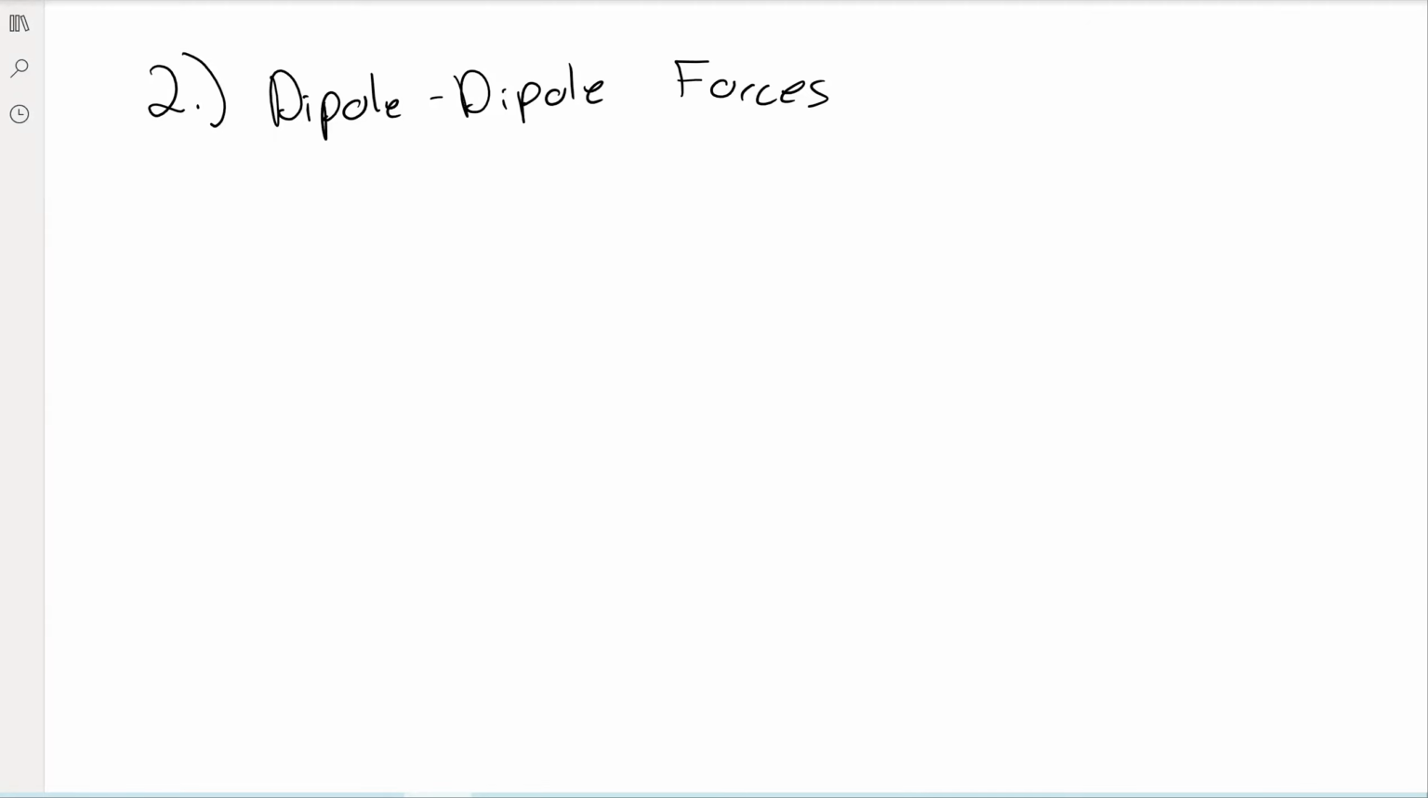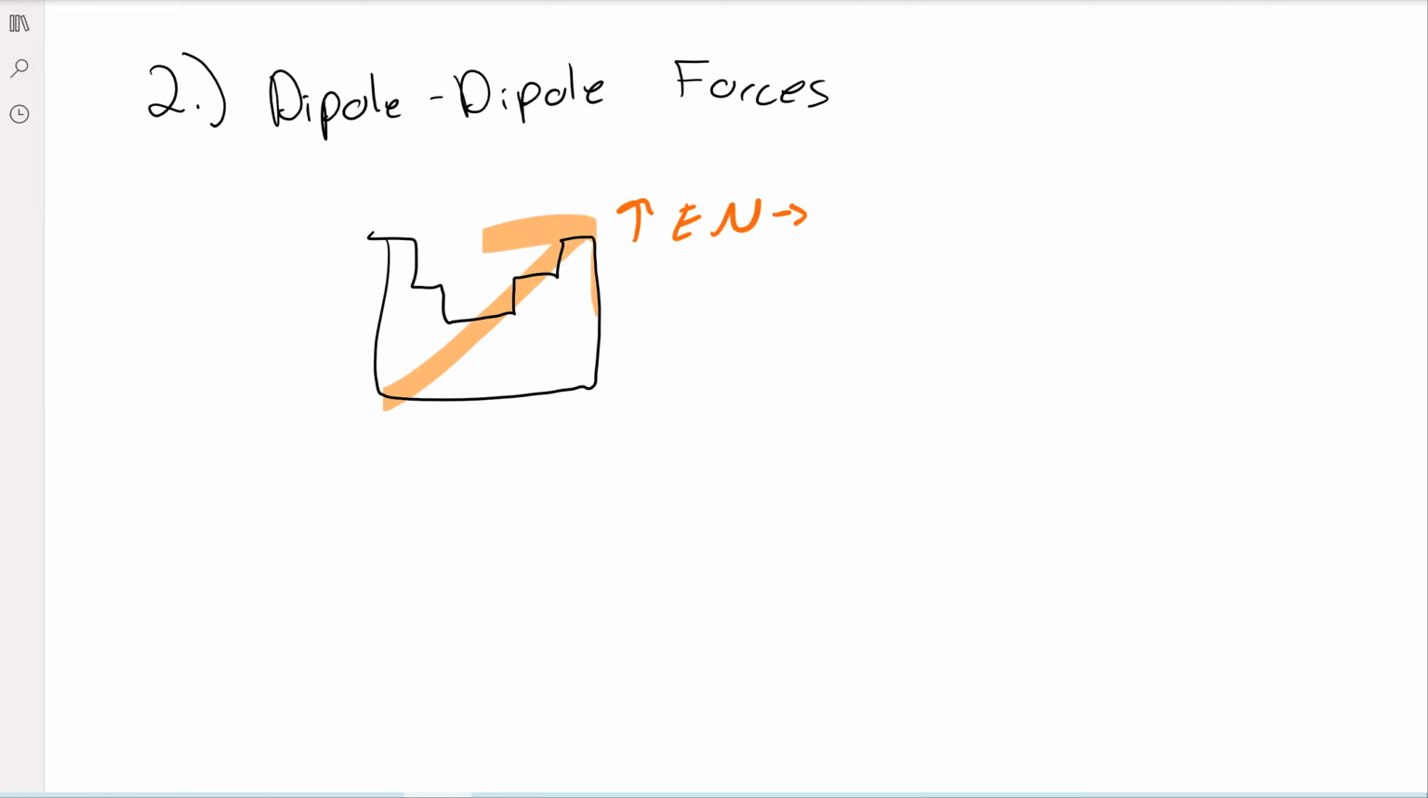Right, so our next intermolecular force is the dipole-dipole force, but before that, let's take a quick review. We've got our picture of the periodic table, and remember, as we go towards the top left, we increase capital EN, which stands for electronegativity. And electronegativity, remember, is the measure of how strong